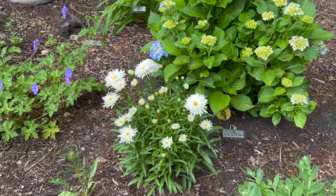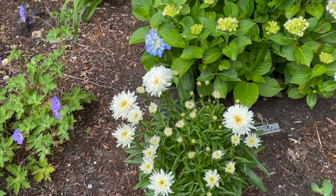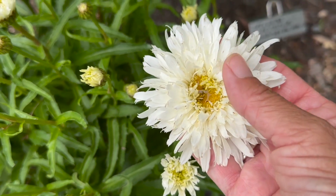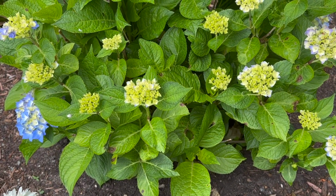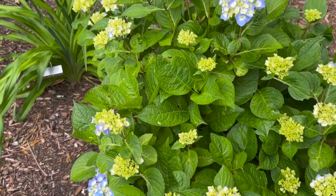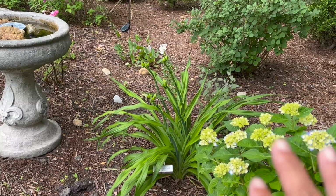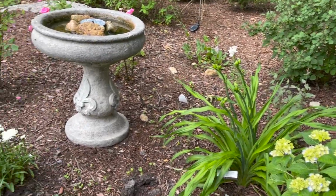And right here we have Amazing Daisy Marshmallow. It's a Proven Winners daisy. It's got a different form to the petals. And behind it we do have the Let's Dance Blue Jangles hydrangea that's just about to explode with color. I have several of those in this back border. I have lots of daylilies in this garden. They're just about to come to life. So this is going to be kind of not too floriferous, this